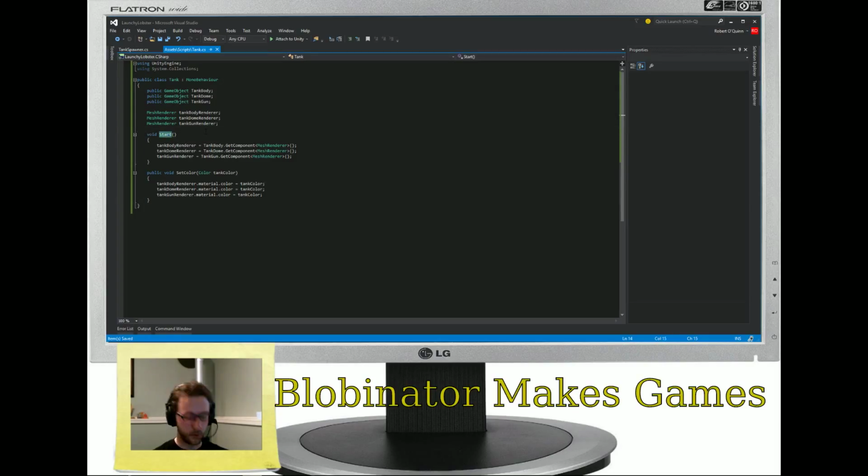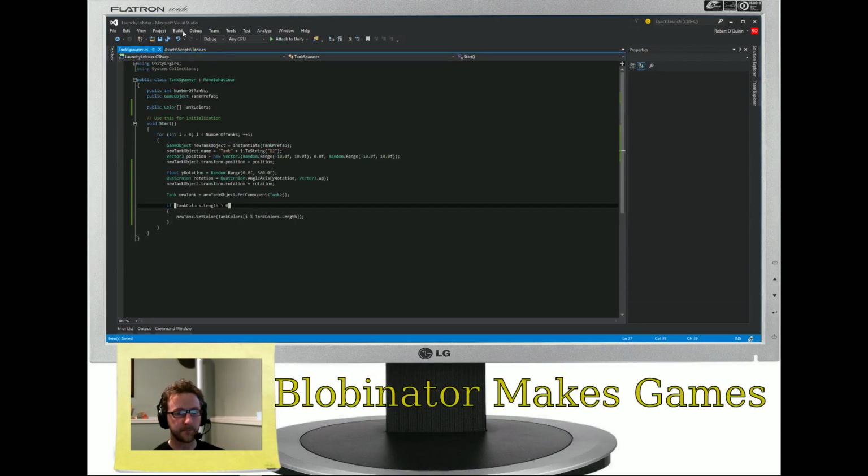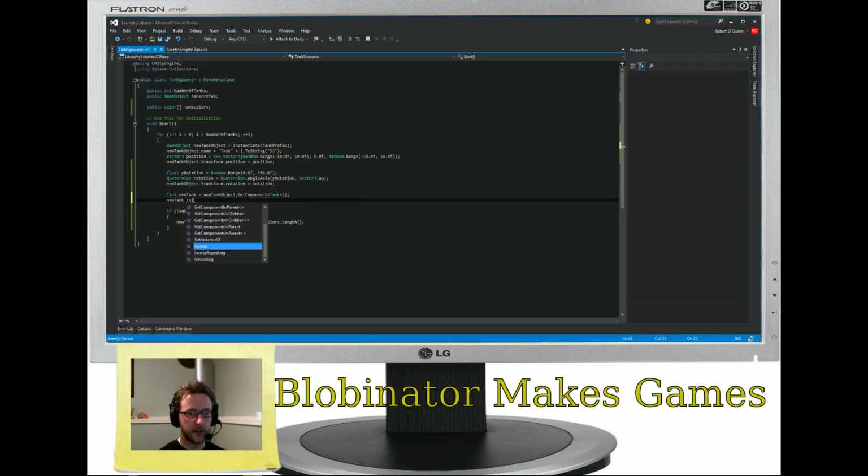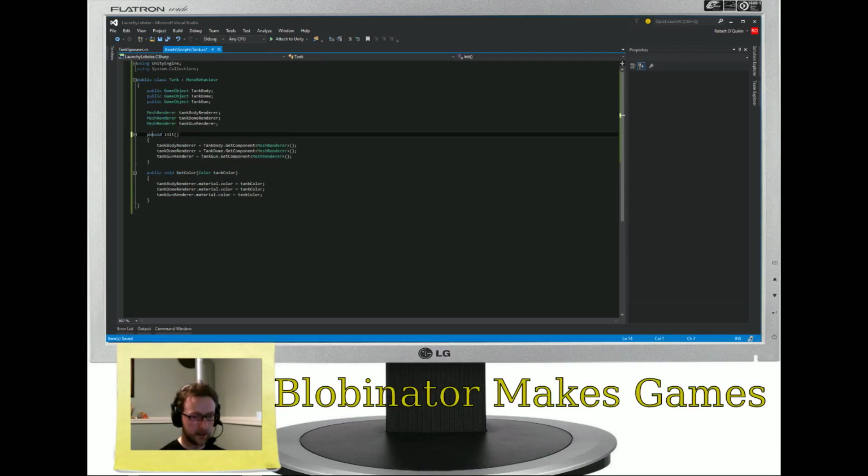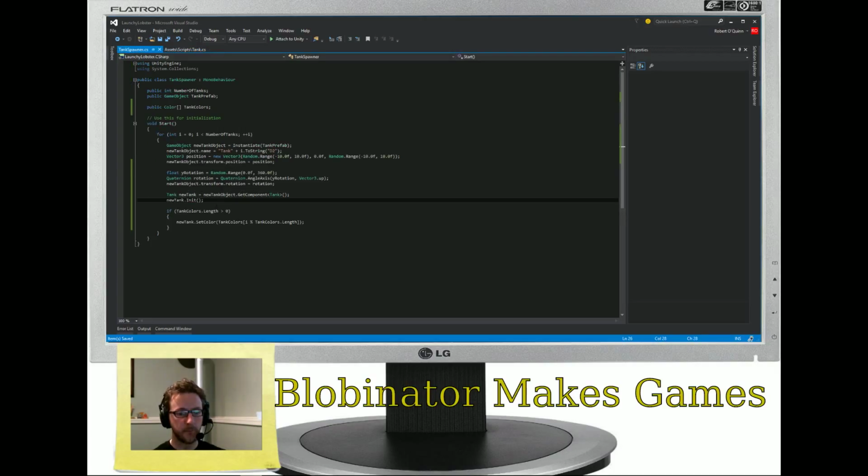So one approach would be we could change this to some function that's not special, like Init. And then right here inside of TankSpawner, after we've created our new tank object, and then we grab our new tank, we could say newTank.Init. So now we know that, oops, I didn't make that public. Public. Save. There we go. So now we know that the new tank will be initialized before we get to the set color. So if we come back to Unity,